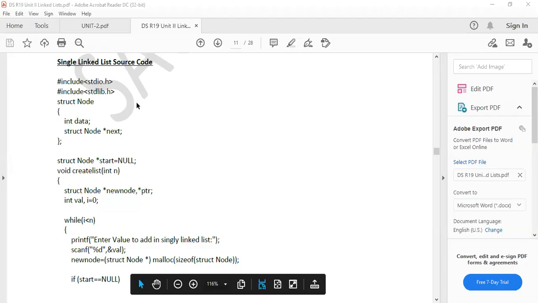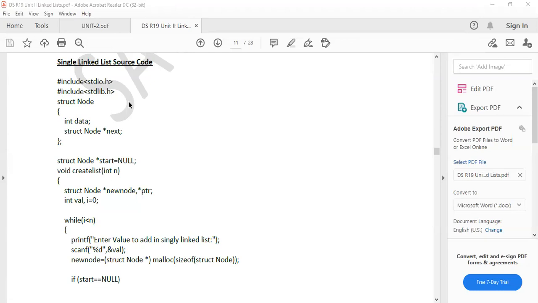So try to understand the program. In this class, I'll tell you a few code. First of all, I want to write a program for single linked list implementation. This is very important. So maybe in the next class also it will take time for this. So in this class it will not complete. So try to concentrate on this program. I'll break this program into 2 or 3 parts so that you can understand easily. Line to line I'm going to explain.